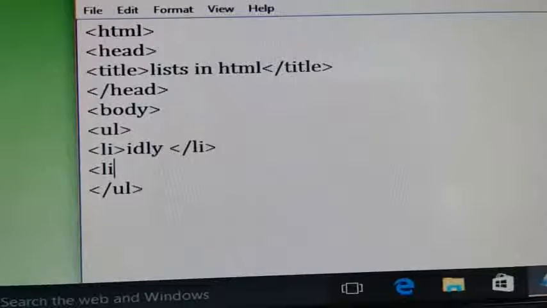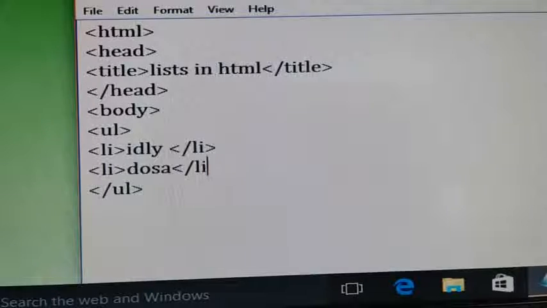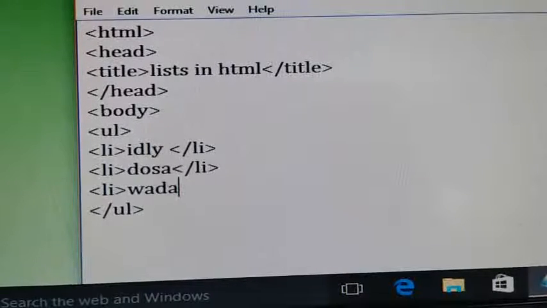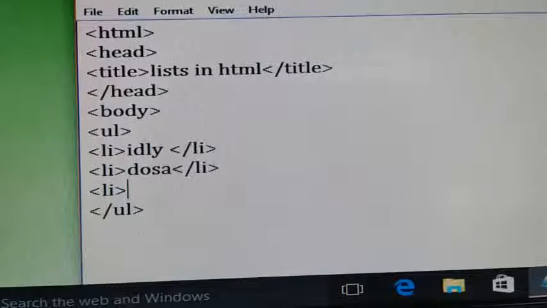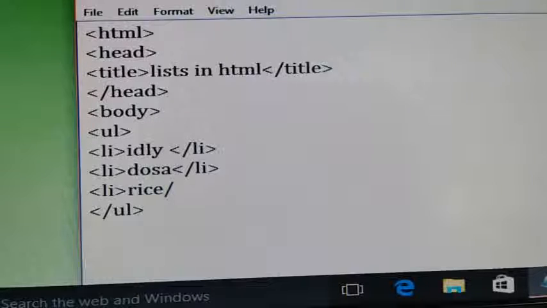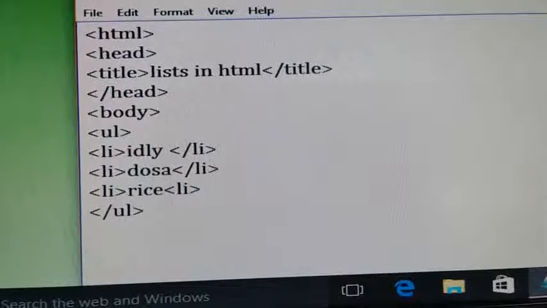Next li, dosa, closing this li. Next li, you can give any list items, for example rice, and close this li. And you close the list with the closing tag.